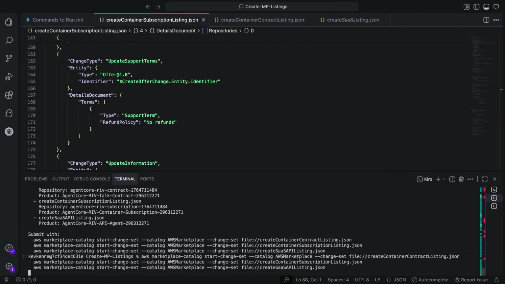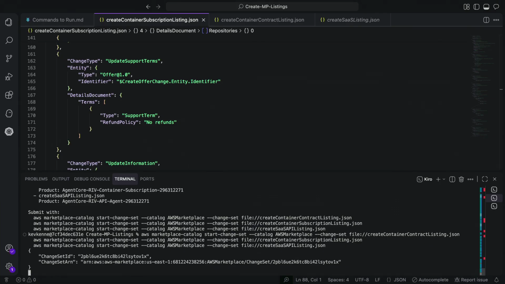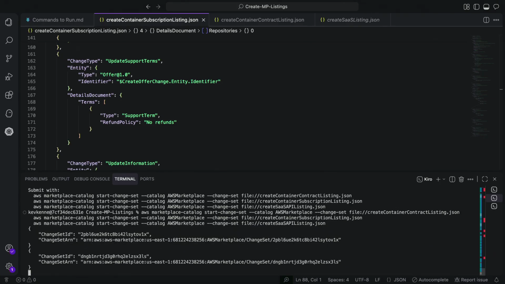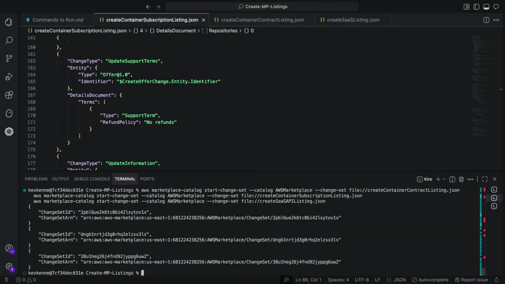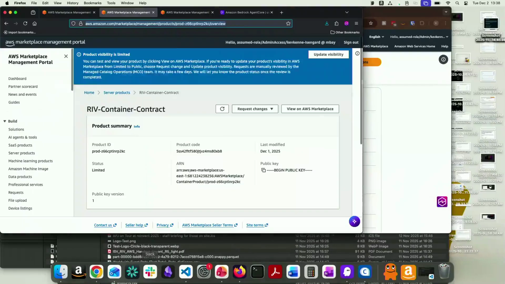And I'll run that. And that's going to call over to AWS Marketplace. So if the syntax is correct, we get back what we've got here, which is a change set ID and a change set ARN. That shows me the syntax for what I put for my JSON file is correct. It's got the content required. So the next step for that, if we move across,